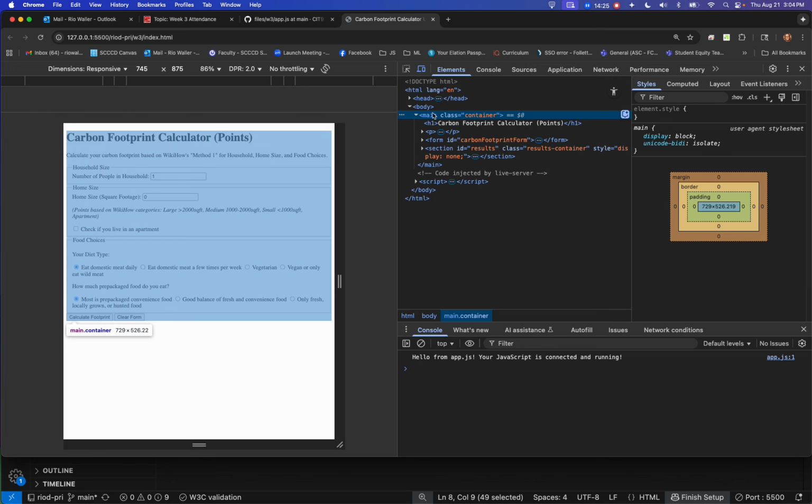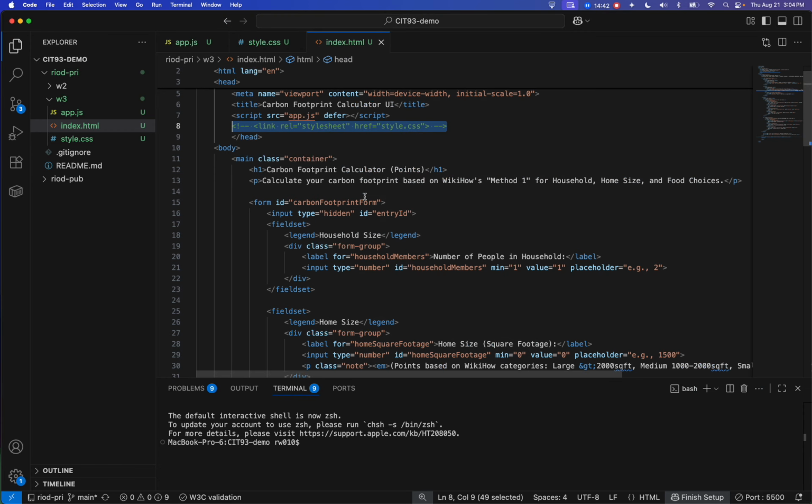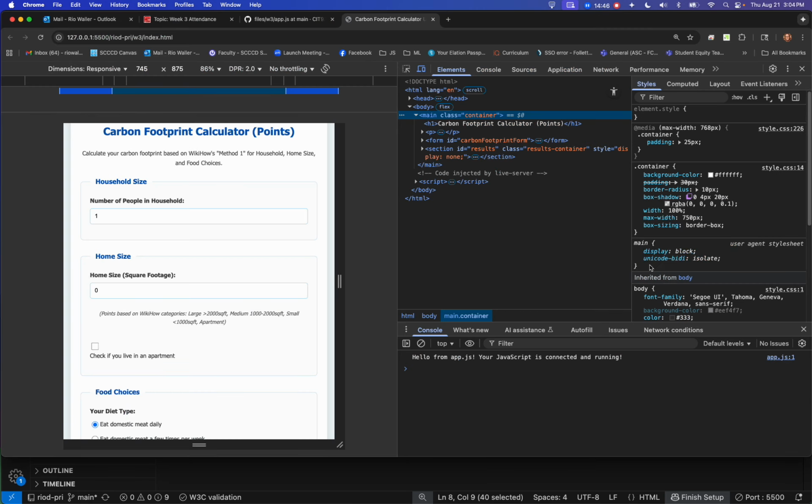And now, if I hit on main, these are what we call the browser default styles inside the browser, okay? Because the browser itself has some styles, but you can also see, once we implement our style sheet by uncommenting it here, you can see much more and start to understand at a higher level, it's okay,